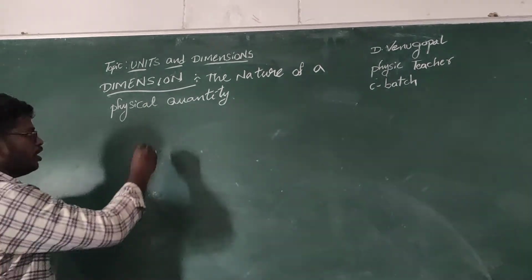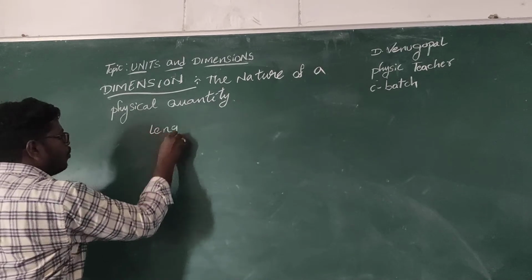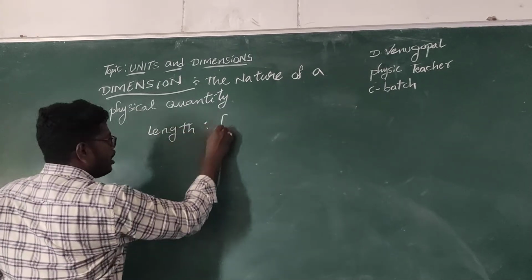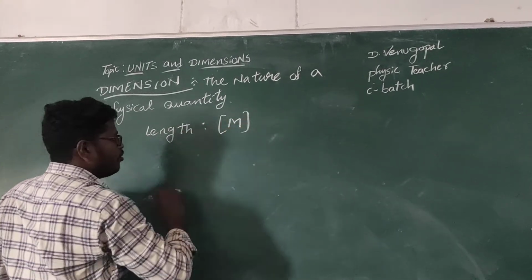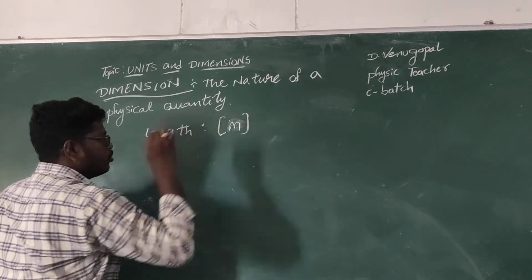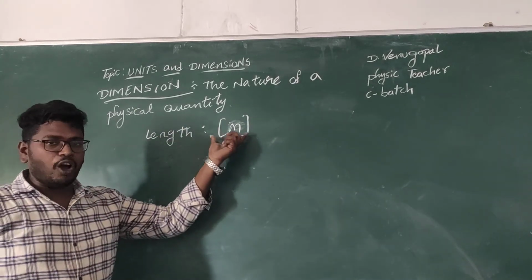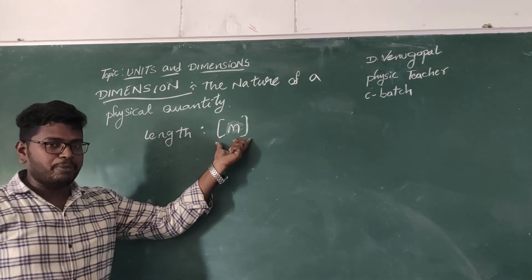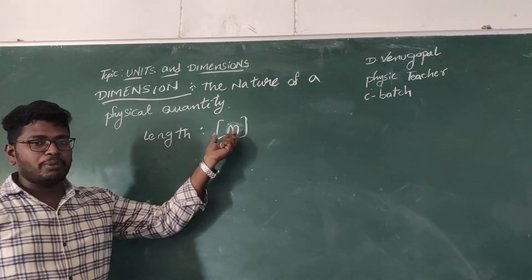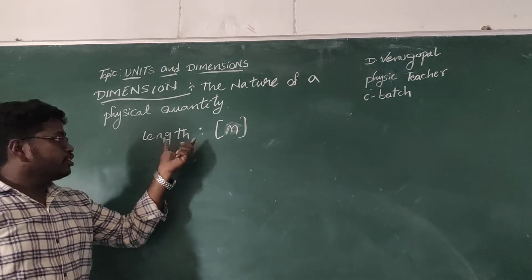For example, if you write length, what is the dimensional formula? The dimensional formula we should always write in the form of a square bracket. In between the square bracket only we should write. So sometimes we have to